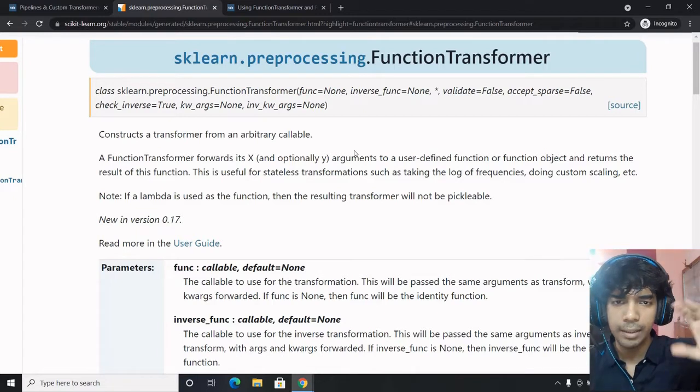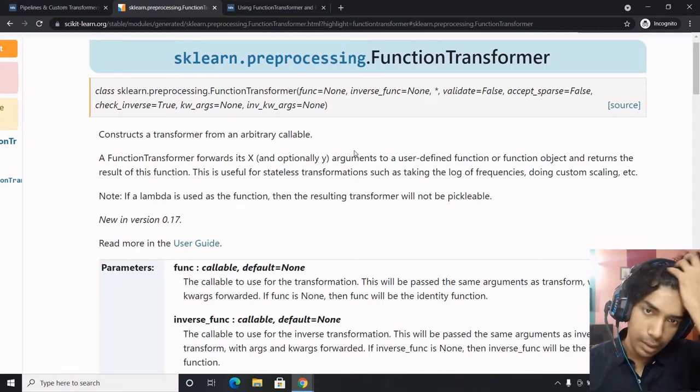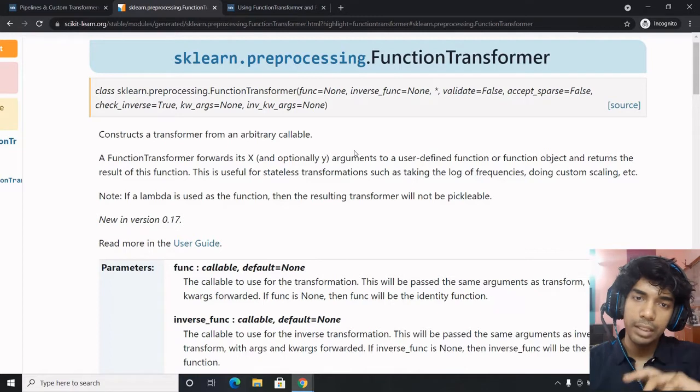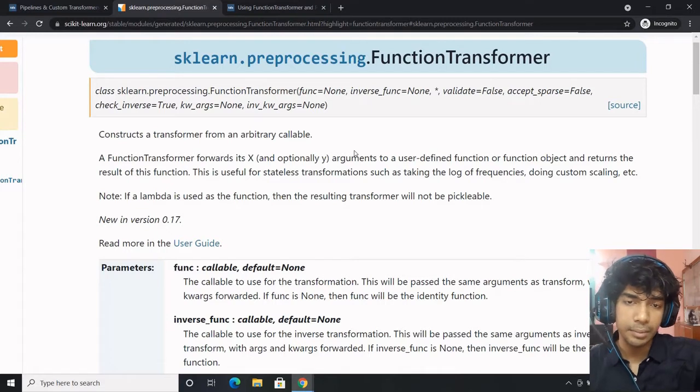So you pick, let's say, mean imputation and those kinds of predefined transformations on specific rows. But let's say you have a very user-defined demand for your use case. You want to apply something quite custom that fits your use case. What would you do in that particular situation? You would be using a function transformer.